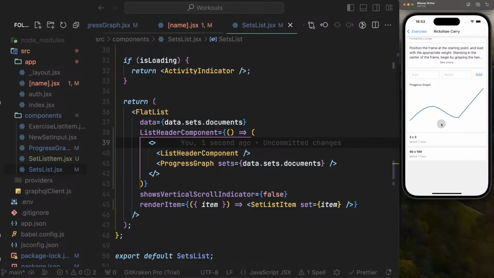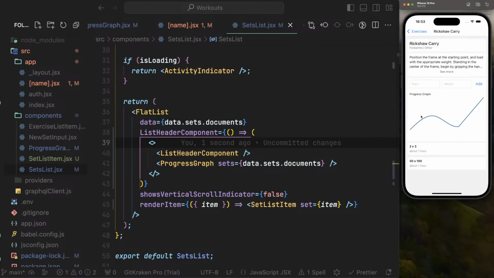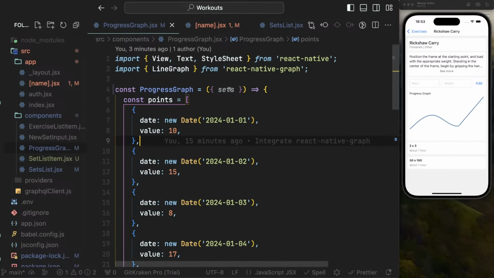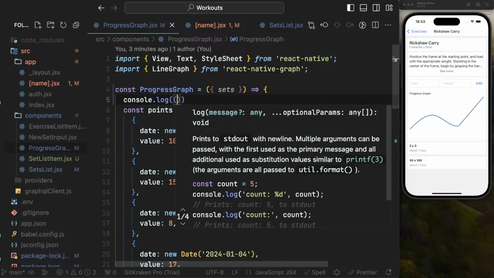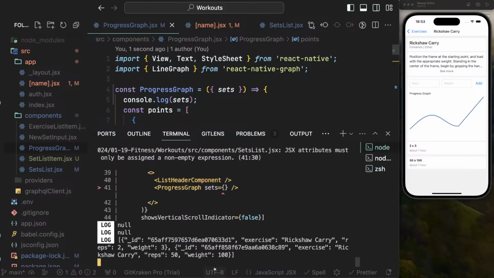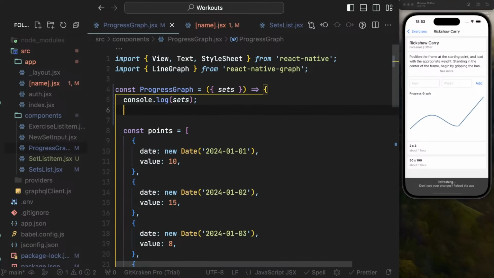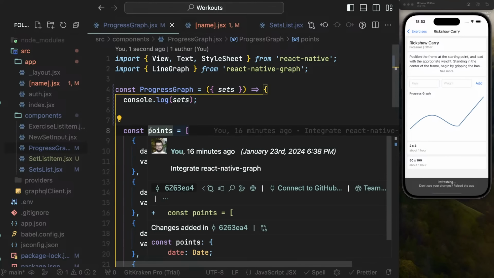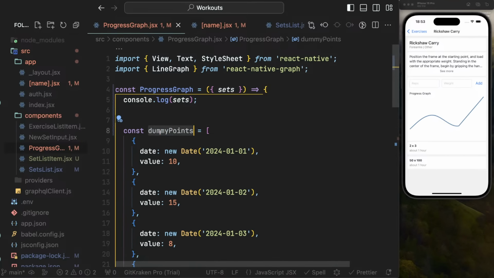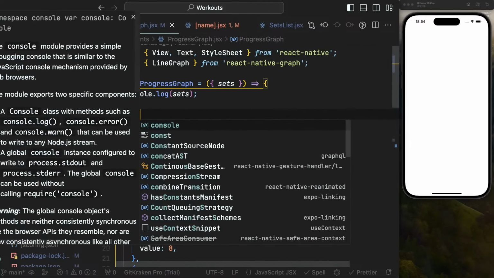Let's go back to our progress graph. If you see that this issue that it's not scrolling properly at the bottom, don't worry about that. Something should have a flat list one. But now let's do a console log of sets. And here we're going to see the list of sets that we receive. Let's call them dummy points, and let's use them in the graph